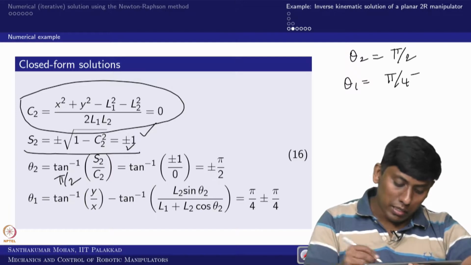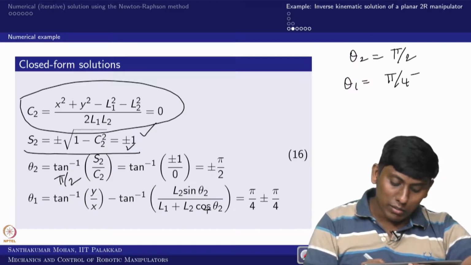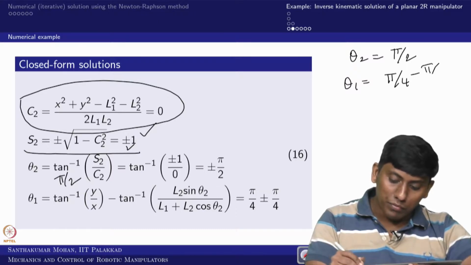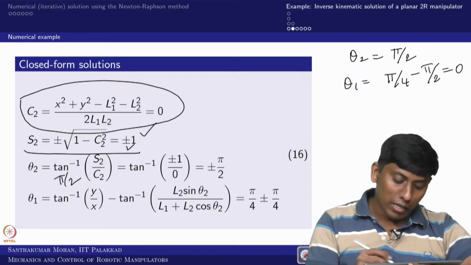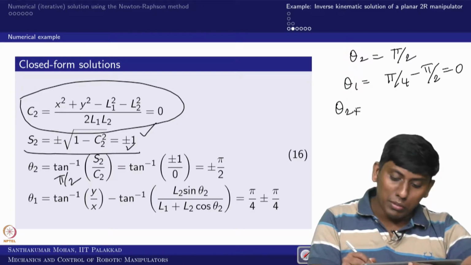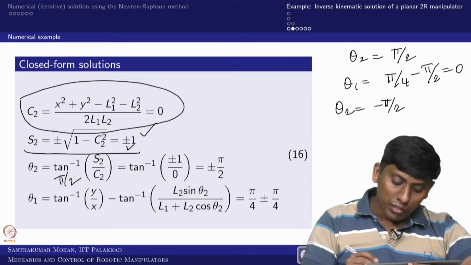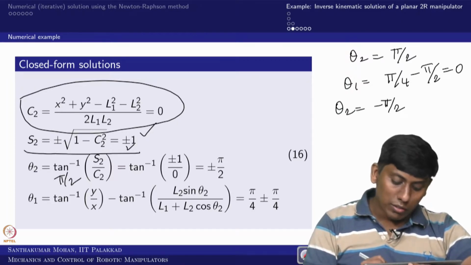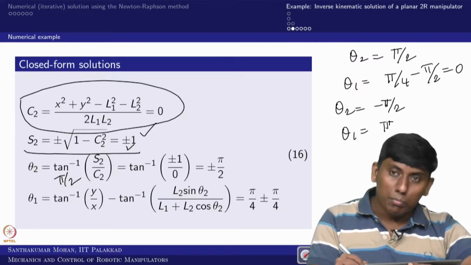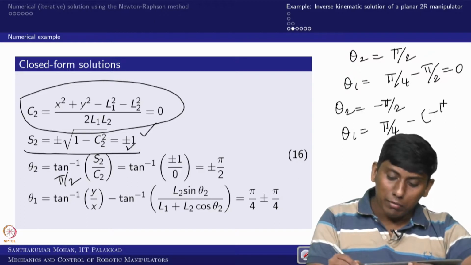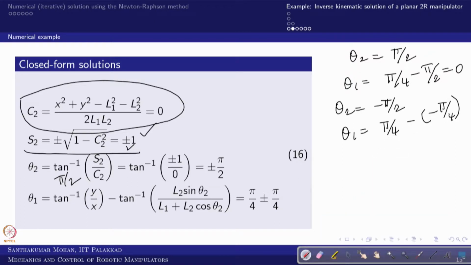So L2 would be there and here L1 would be there and this would be 0. So in the sense we get 1 by 1, so minus pi by 4, right. The sense theta 1 is 0, right. If you take it, it's actually like a minus 1, so then theta 2 would be minus pi by 2. If you take this, this is minus 1. So in the sense it is actually like minus pi by 4. The sense theta 1 is pi by 4 minus of minus pi by 4. So in the sense it is actually giving pi by 2, okay.